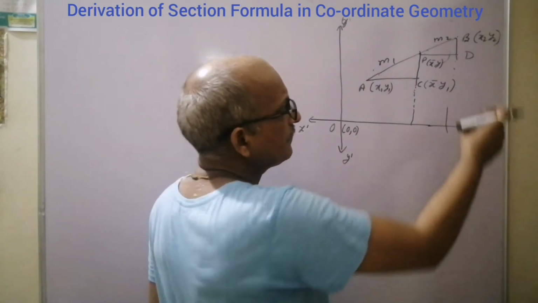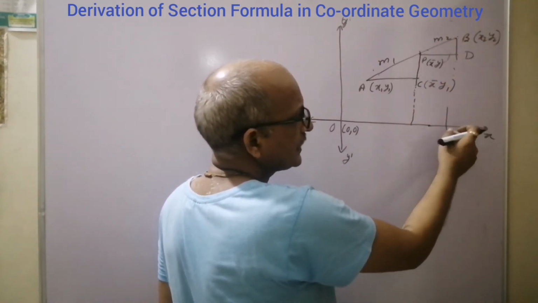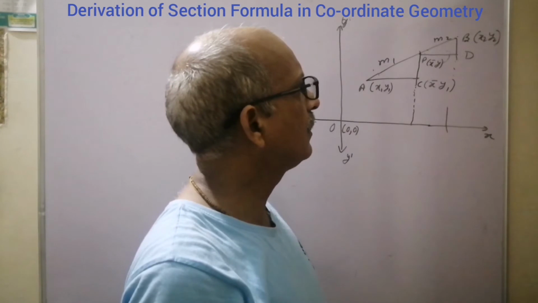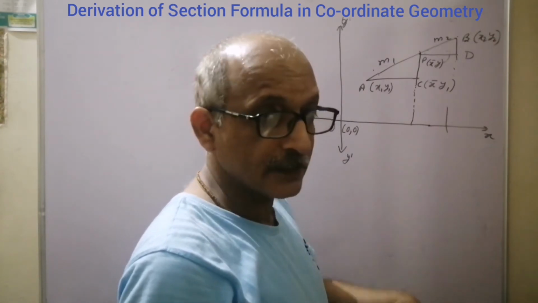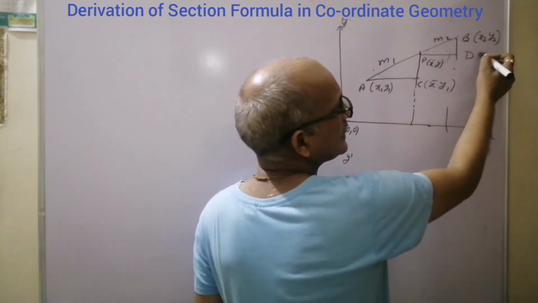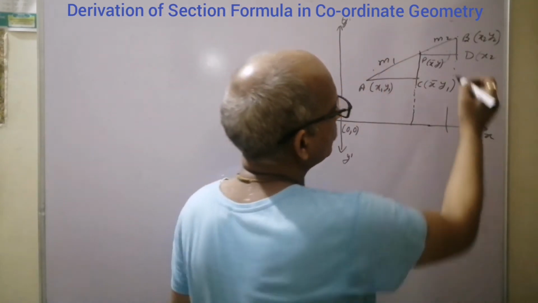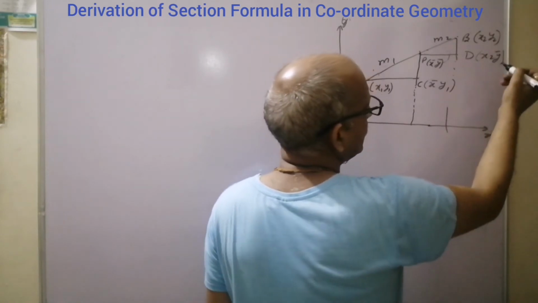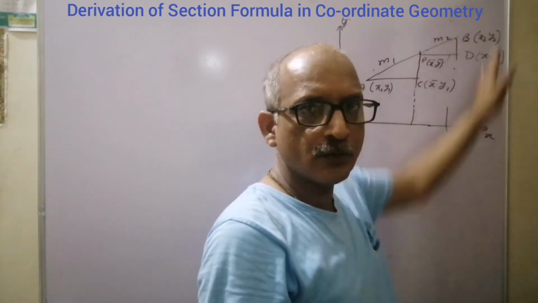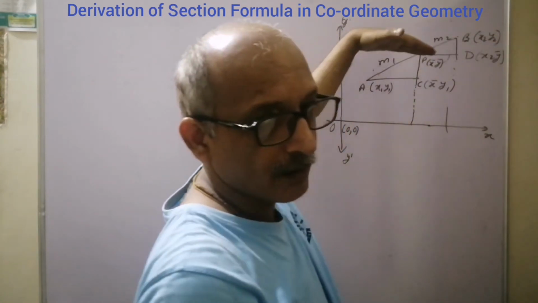Now let's see this distance. This distance from B to here is y2. But first of all, I am going to take the coordinate of D, first in ordered way. First x coordinate. So what is x coordinate of D? That is clearly x2. And what is y coordinate of D? That will be y bar. In the same way, everywhere parallel to this will have x coordinate as x2, and everywhere parallel to this, PD, will have y coordinate as y bar.